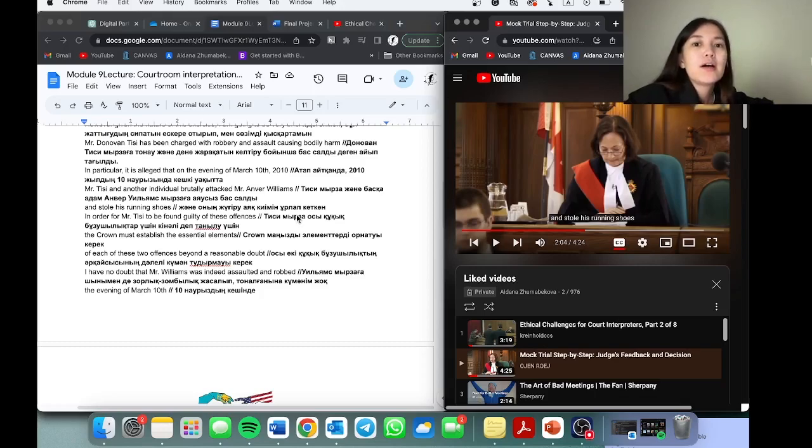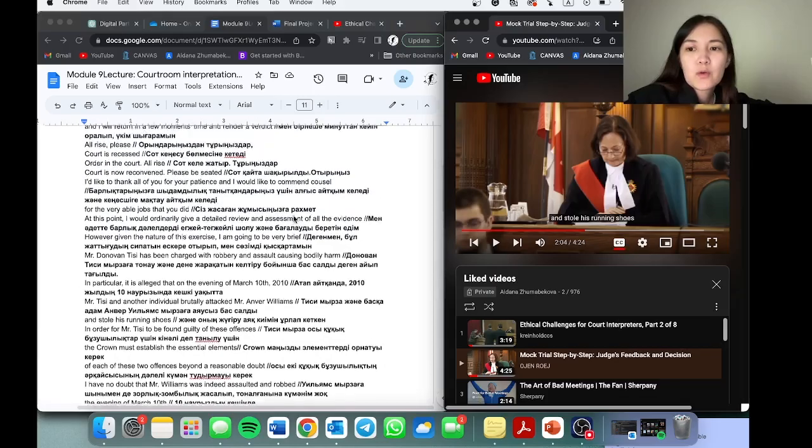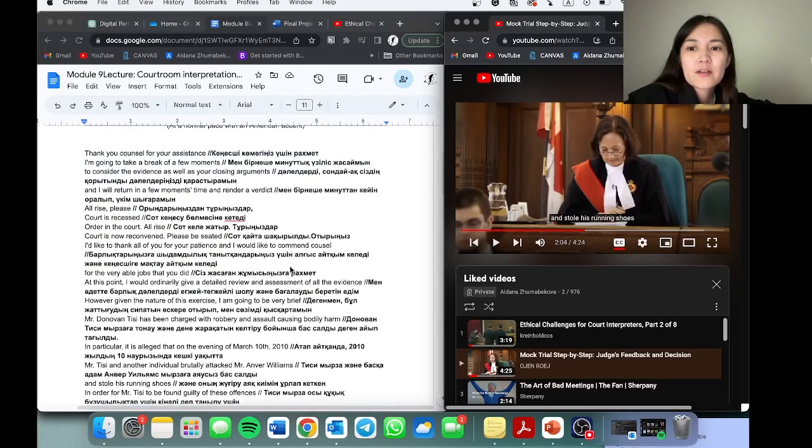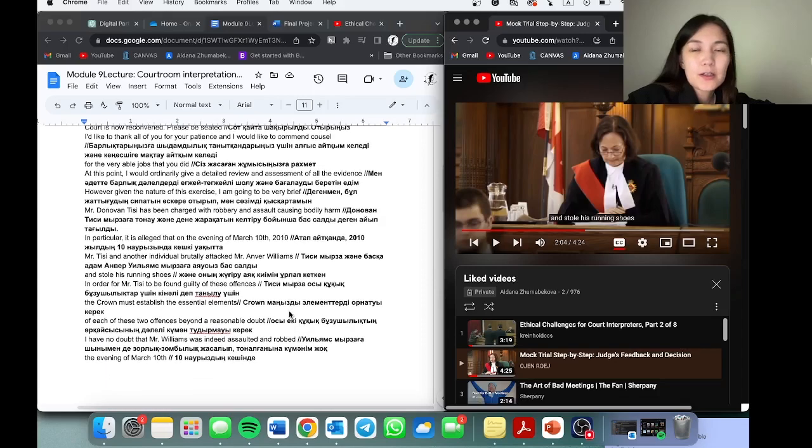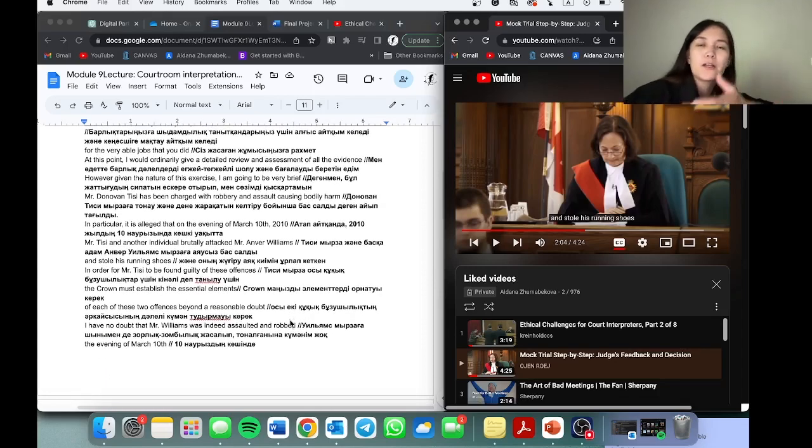So the judge takes a break to consider the evidence and all the arguments, and then she will come back, or he will come back, and give a brief overview of the case, and then give feedback on witnesses' evidence and also the attorneys' speeches, and based on that information she will explain what happened, what the verdict is.